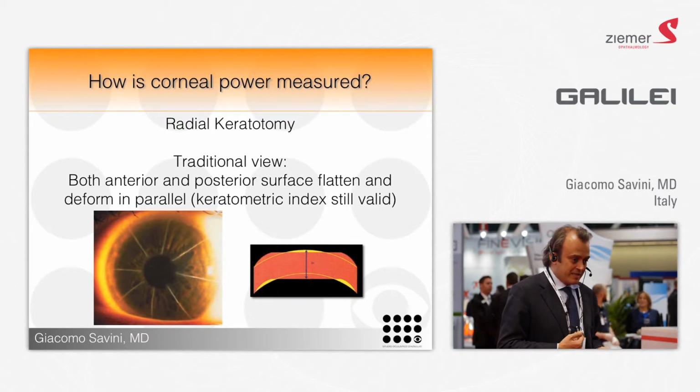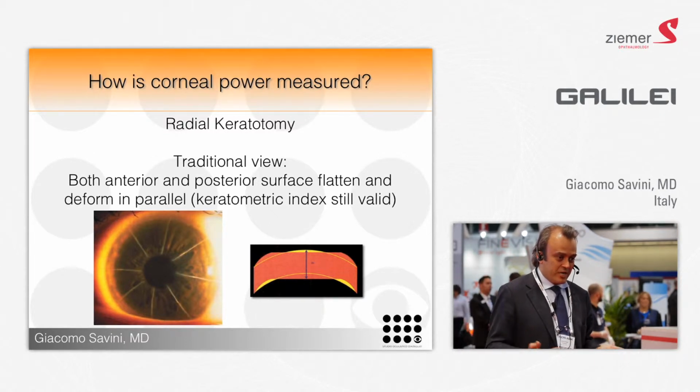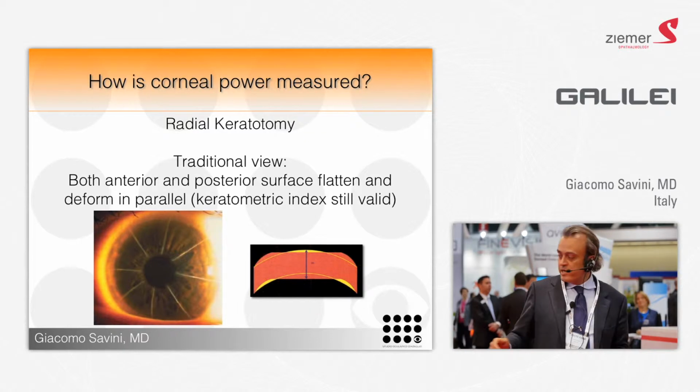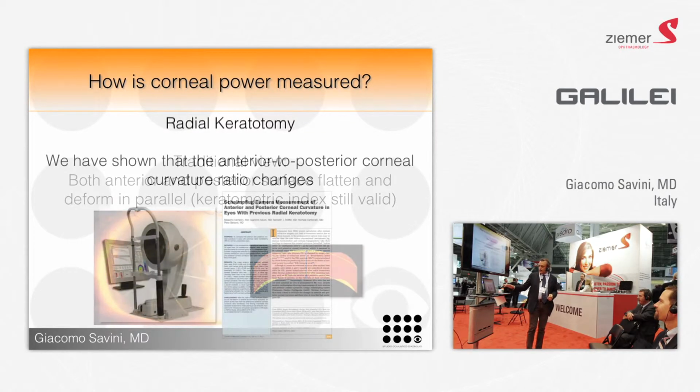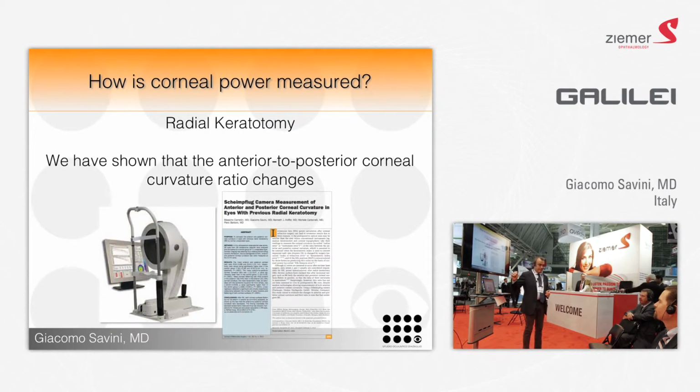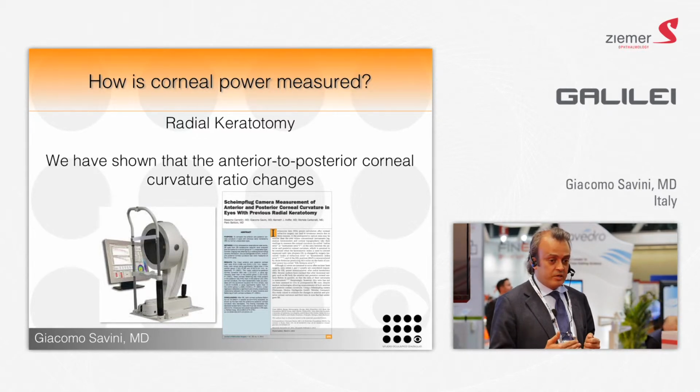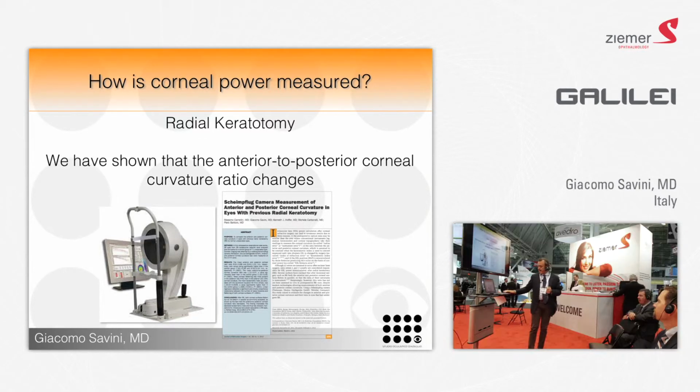I wrote this in some books and some chapters. I was wrong, because a few years ago we got the Pentacam, and we are on Galilei, measurements of the anterior and posterior surface, and we found that the relationship is lost and there is a higher flattening of the posterior surface,